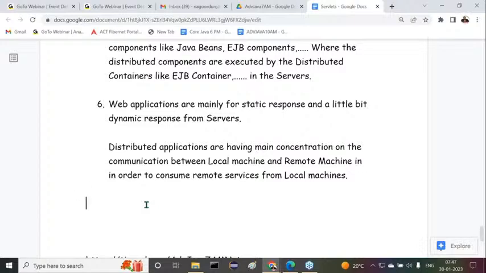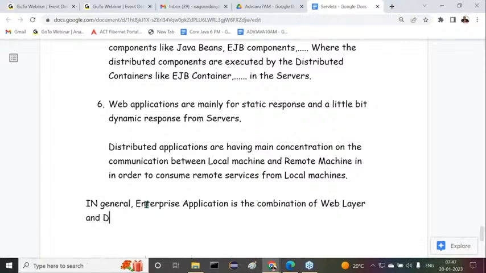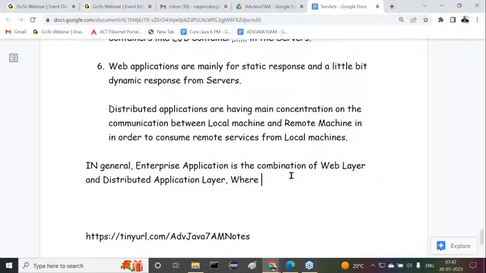Now try to understand it. In general, an enterprise application is the combination of web layer and distributed application layer. Again, I'm telling you, try to understand it clearly, where the web layer is mainly for